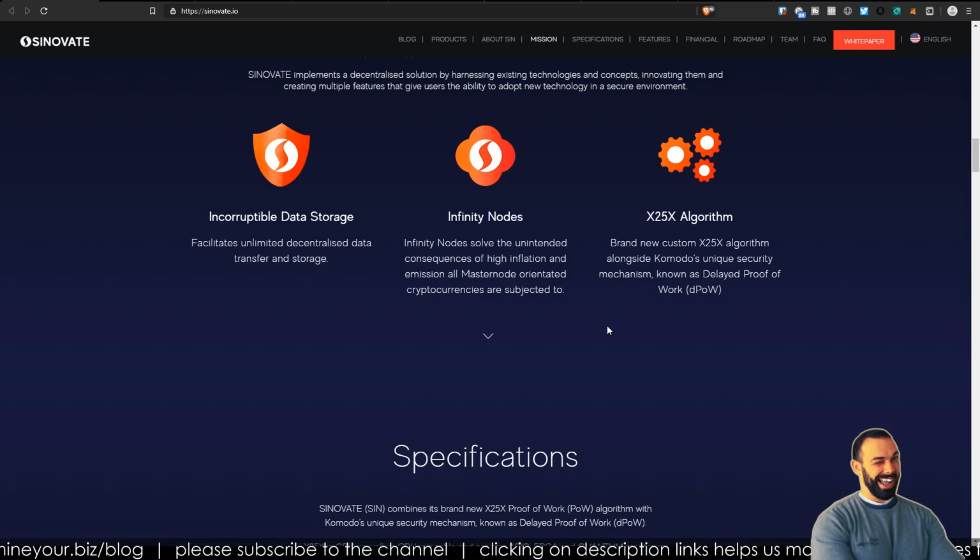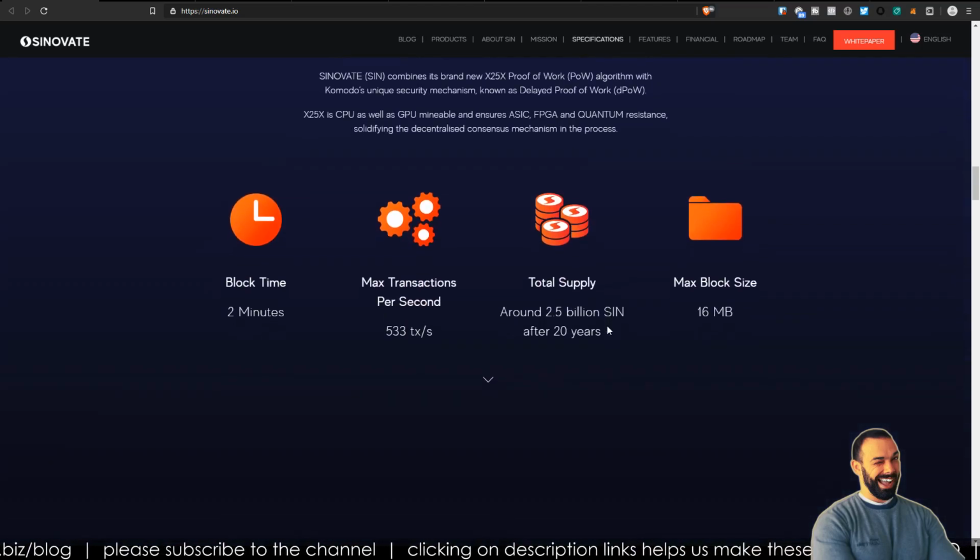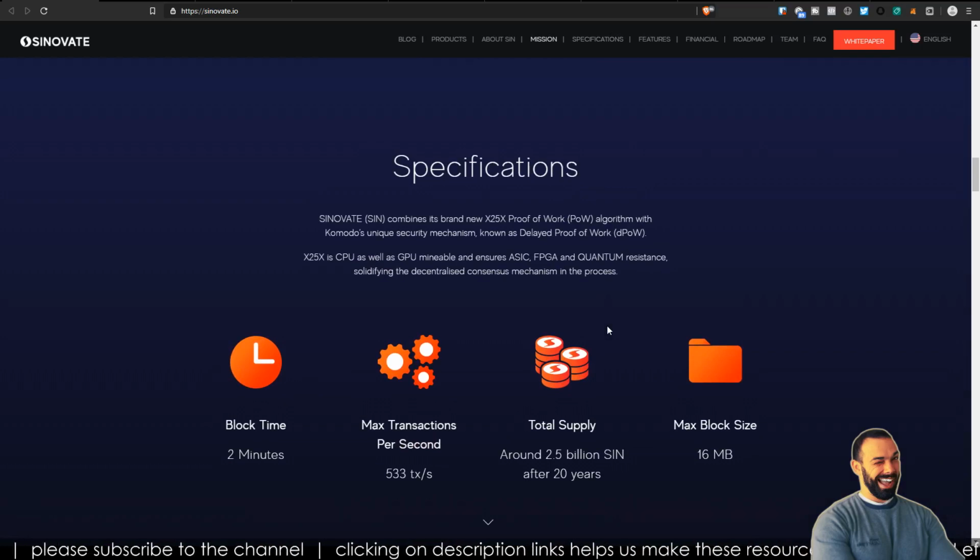Sounds very, very interesting. Okay, specifications. Block time is 2 minutes. That's 120 seconds. In interviewing Rocksteady of the Turtlecoin project, he claimed, or he alleged, that 120 seconds is about as short as any coin developer should allow for a block time to be today in 2019, 2020, the near future, maybe